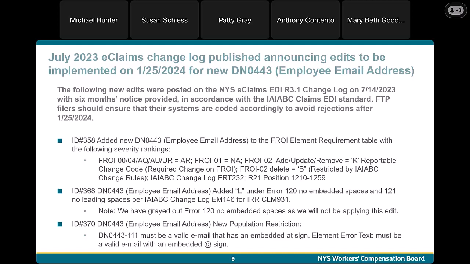And finally, DN 443, line item 370, the new population restriction, which will be implemented again on January 25th, DN 0443-111 must be a valid email that has an embedded @ sign. And the element error text will read, must be a valid email with an embedded @ sign.